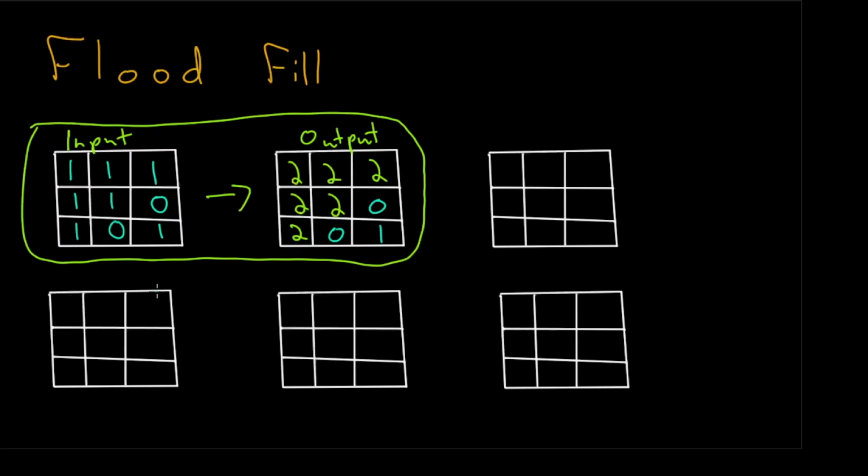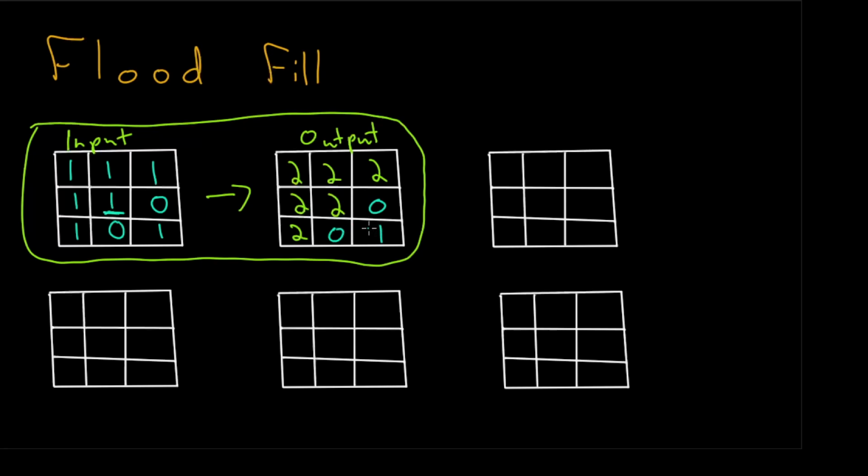So to start with the flood fill problem, let's look at the input they gave us and the expected output. You can see we have 111, 110, 101, and the expected output is going to be 222, 220, 201. There are a few things that we can glean from this, but some are maybe not as obvious as you might think. So yes, if something is not connected four directionally adjacent to the starting tile, which in this case was the center tile here, it won't actually spread to those tiles, which is why the zeros and the one are